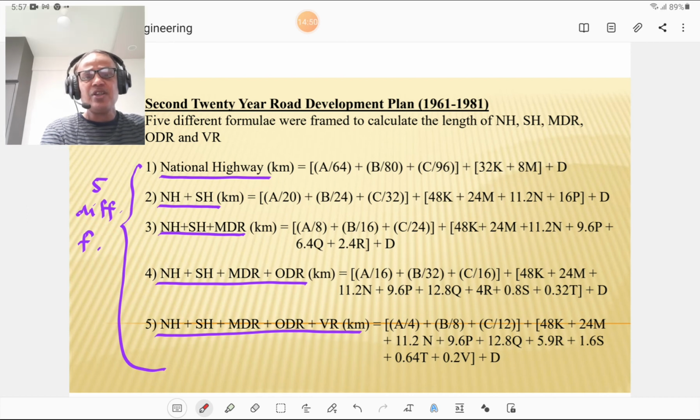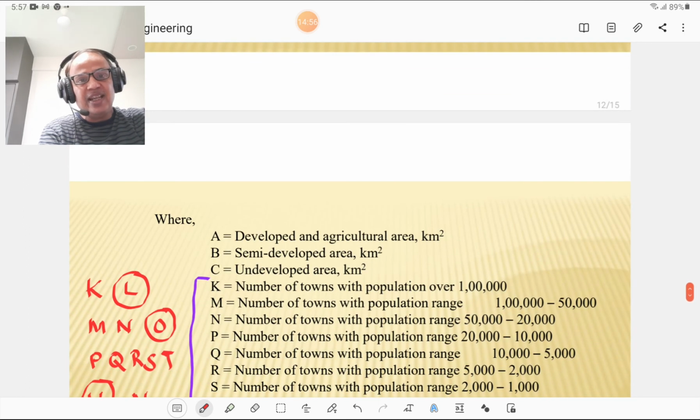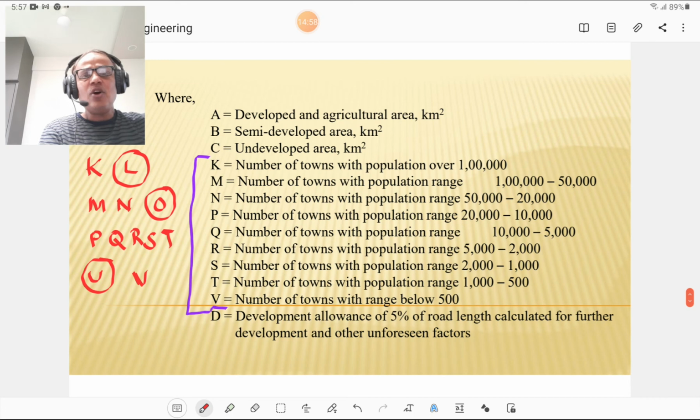So let us discuss what is the A, what is the B, what is the C and what is the K, M, N accordingly. Where A is equal to developed area or agricultural area in kilometer square, B is semi-developed area in kilometer square, C is the underdeveloped area in kilometer square, where K is number of towns with population over 1 lakh, where M is equal to number of towns with population ranges from 1 lakh to 50,000, N is number of towns